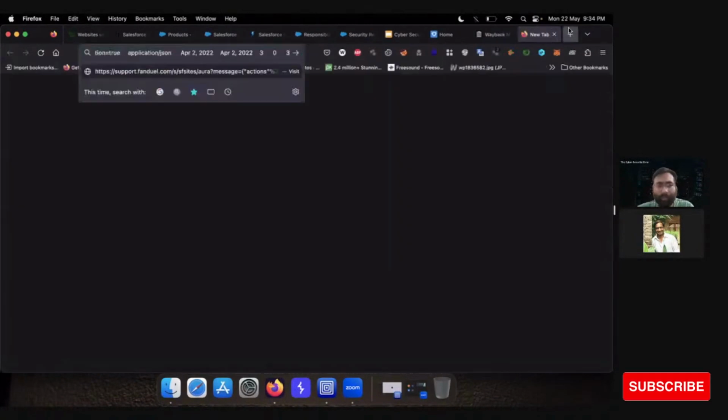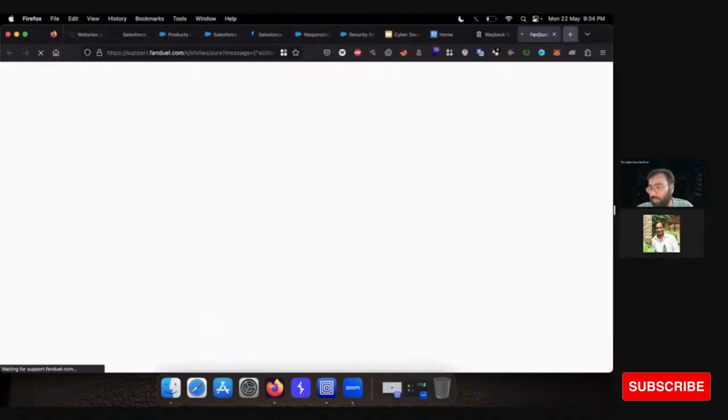Sumit, someone is asking whether Kali Linux is a must for cybersecurity. Yes, Prabhu, Kali Linux is a must for cybersecurity. You can use other Linux distributions as well that are built for pen testing, because these distributions have pre-installed tools that are helpful if you are doing a pen test or finding vulnerabilities on your target.